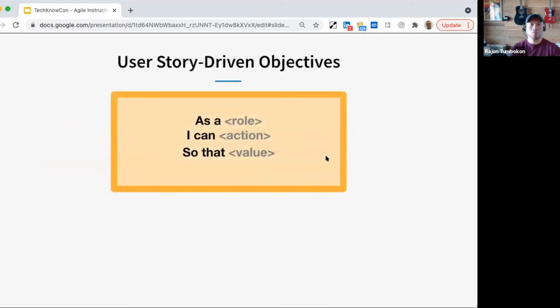All right. So what is a user story? A user story is basically just a general explanation of a software feature that's written from the perspective of someone who will use that software. The reason why it's framed that way is so that you can define high value from a user perspective. And similarly, in instructional design, you can write learning objectives this way so that you can be very explicit about the measurable and actionable outcomes of your learner.